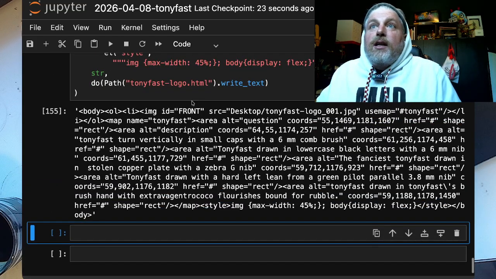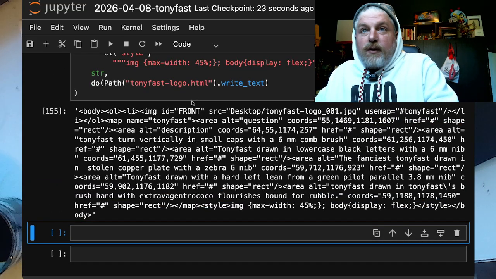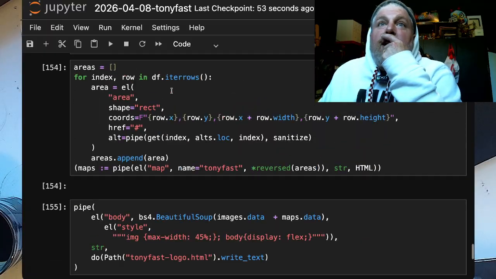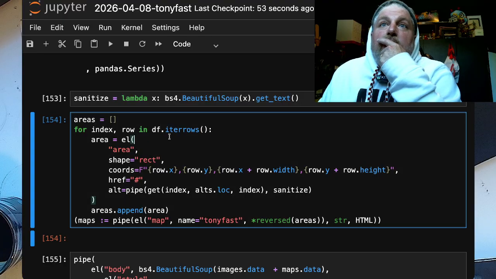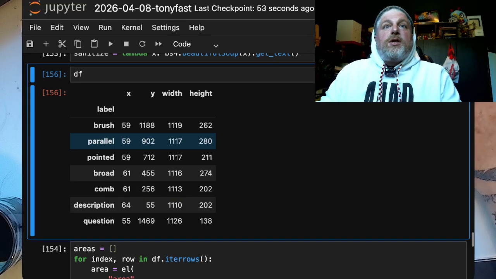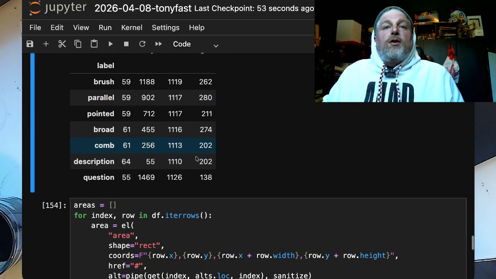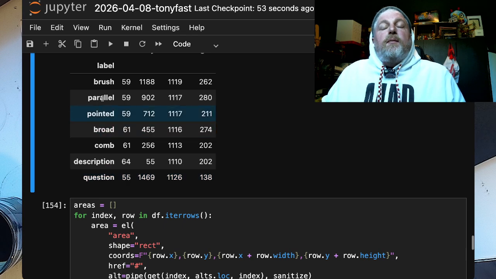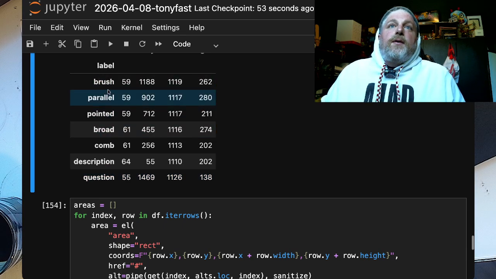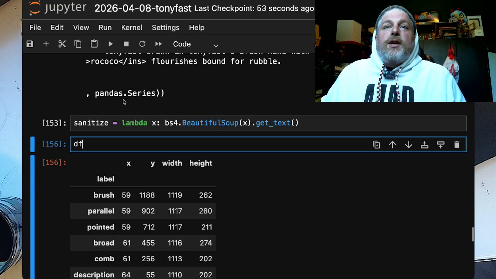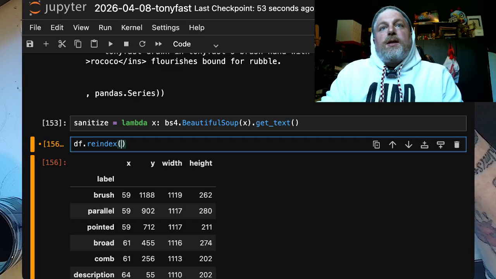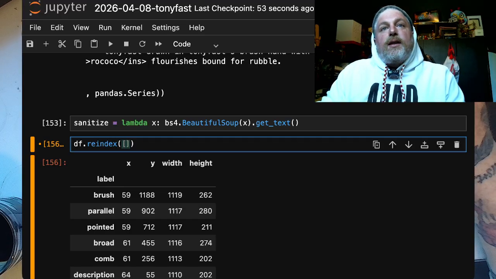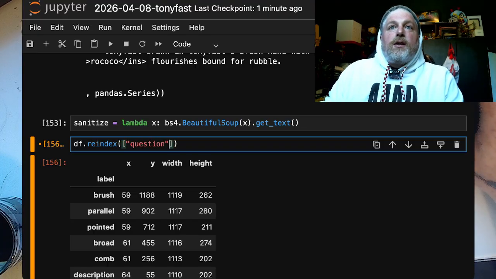April 8th 2026. Tonifus selected tab group. Voiceover off. Let's make sure that we have the order of everything right. When we go through df.iterrows, if we can put question at the top of the description column, then we're good. So when it comes to df, we want to reindex so that it's question